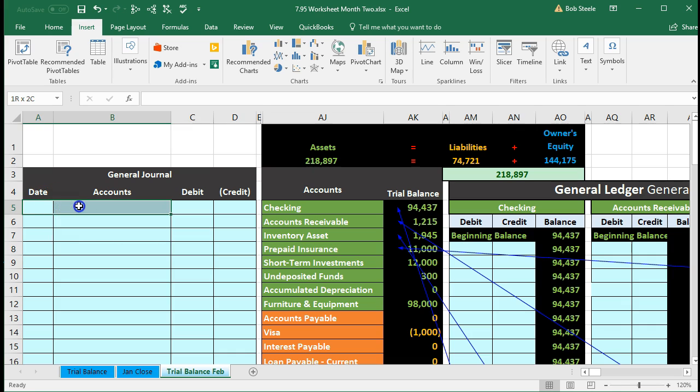We're going to do the same type of information. We're going to enter the journal entries into the general journal, post them to the general ledger, and have a nice fresh new general ledger here. That will be used to generate the trial balance, that then used to create the financial statements. We're going to focus a little bit more on some different types of transactions than we did in the prior month. More transactions that have less to do with cash, more accrual type transactions, non-cash transactions in the second month